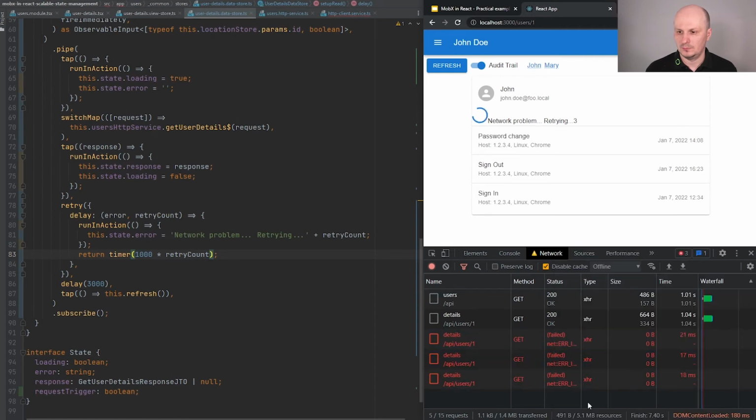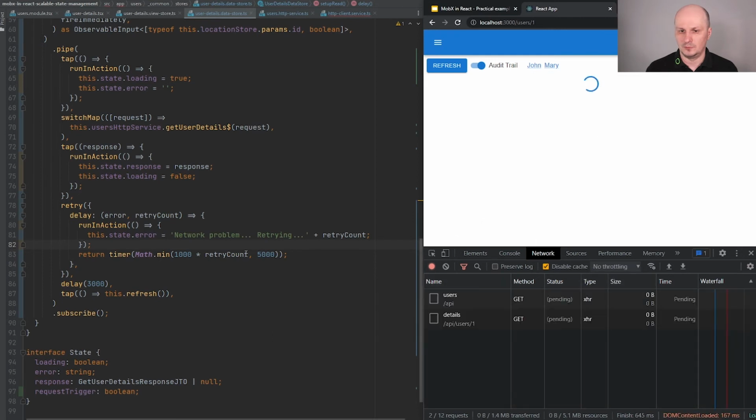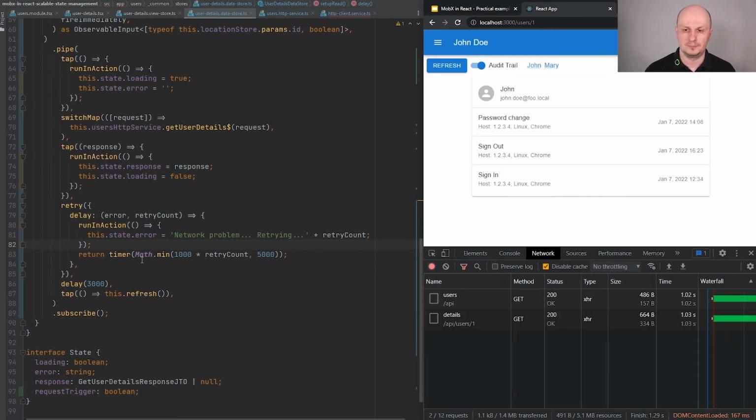So you see that this one has been executed after 1 second, this one after 2 seconds, this one after 3 seconds, and it grows as our retry count is growing. Of course, you can limit it by Math.min, like maybe 5 seconds should be enough. So you won't increase this number infinitely.